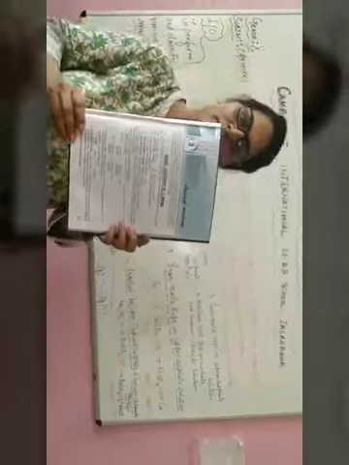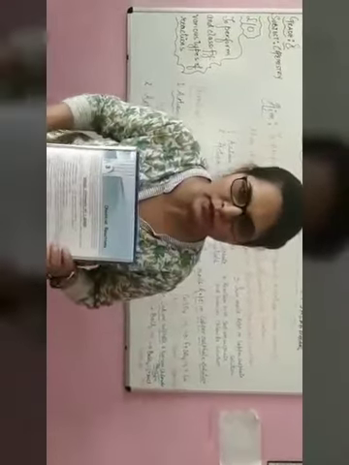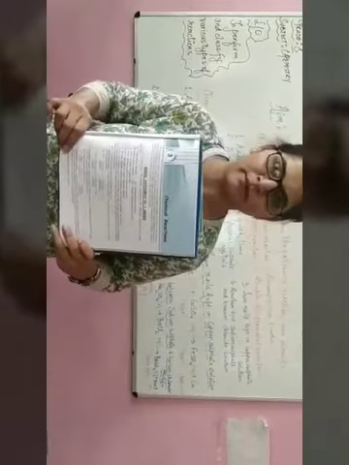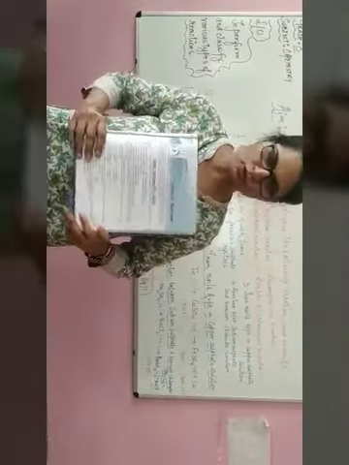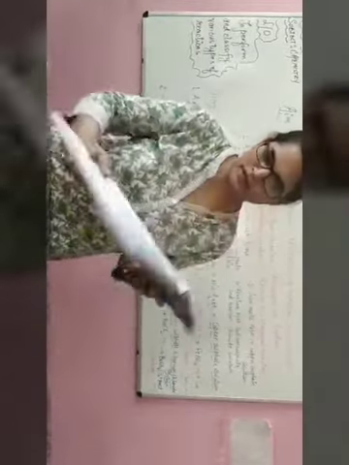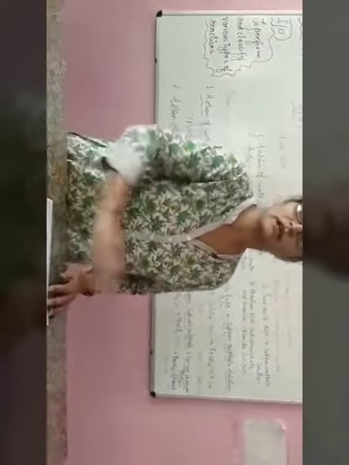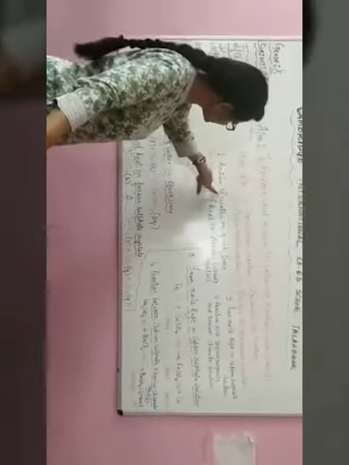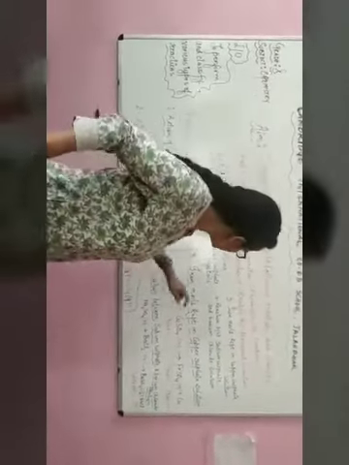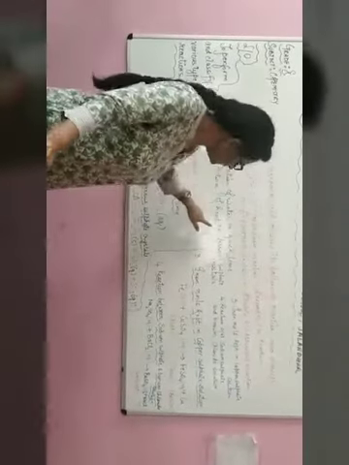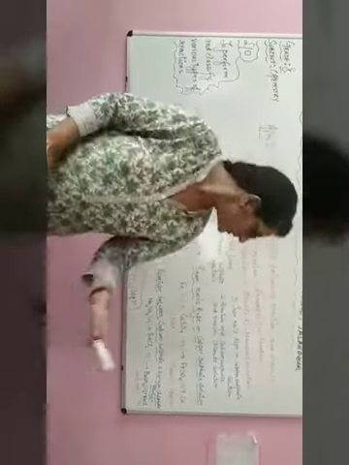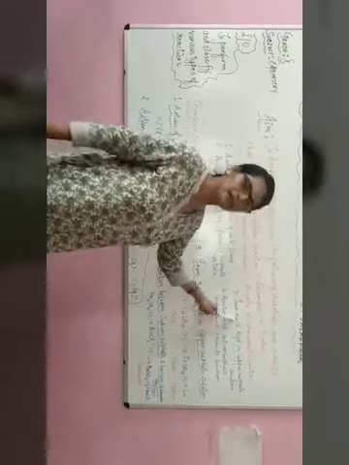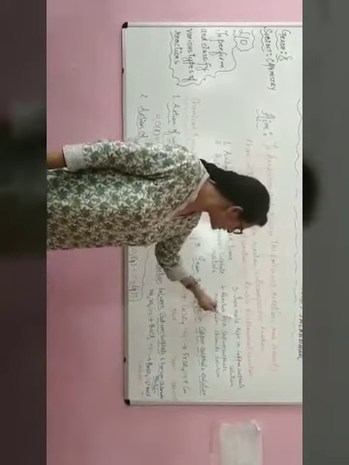Because we have already discussed and done experiment number 1 and experiment number 2 in the chemistry lab, today I am going to show you the experiments related to chemical reactions. The first one is the action of water on quicklime. Second is the action of heat on ferrous sulfate crystals. Third is iron nails kept in copper sulfate solution. Here, instead of iron nails, I take iron filings powder.